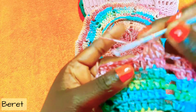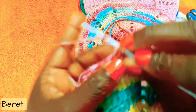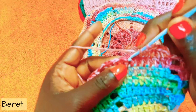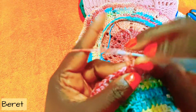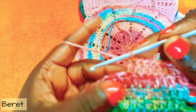stitches 1, 2, 3, 4, 5, 6. So when we are left with the last 3 stitches,